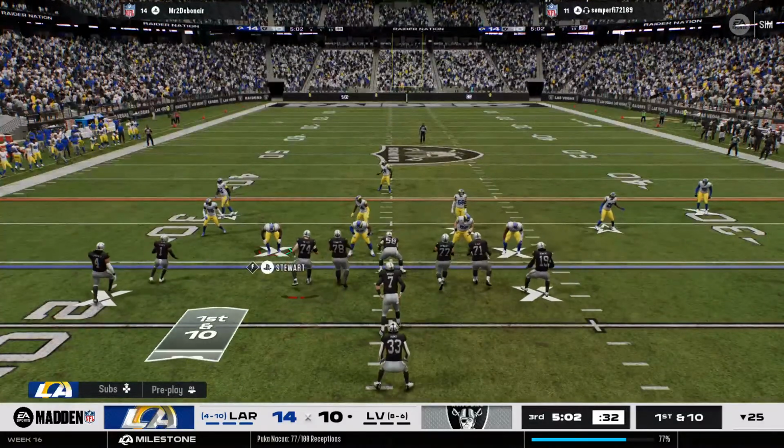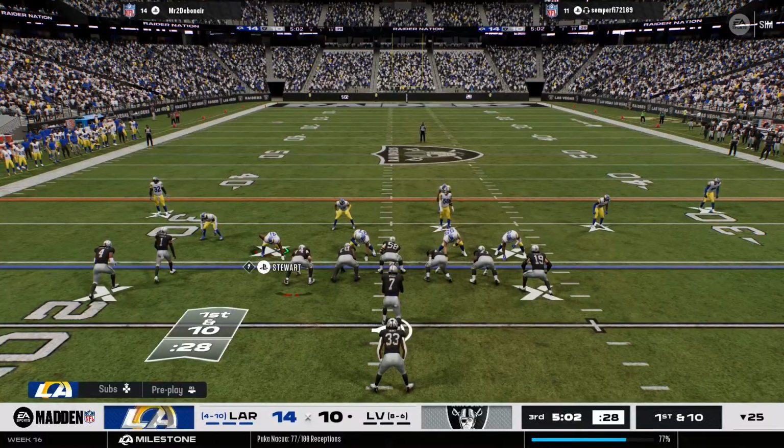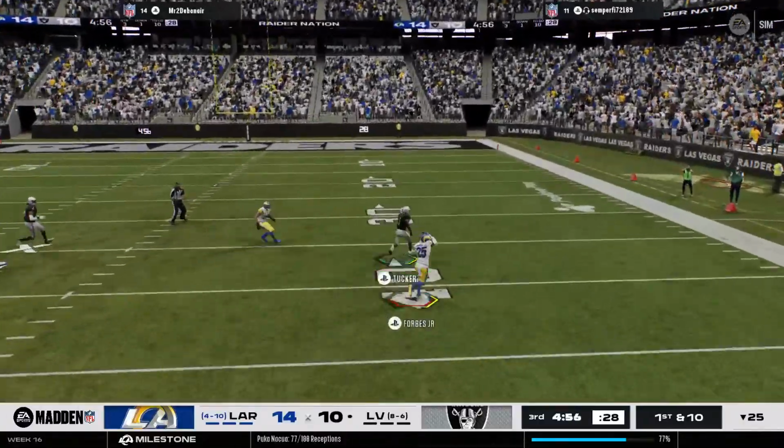The offense for Las Vegas about set to begin the drive. And their defense did its job by forcing the punt to start things out. And now, Charles, can the offense get in gear? I think, partner, you can send some...